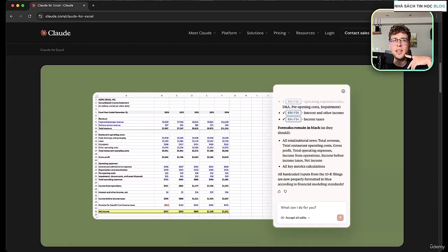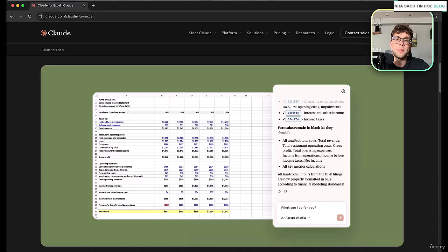So for financial modeling, it applies. I mean Claude in Excel, for data analysis also, but once again, we need to have an eye on it, okay? We need to check, we need to double check, and we need to make sure everything is correct. Otherwise, you may have some problems. And if you double check the data, you may save a lot of time because once again, we can do financial modeling, data analysis, we can create charts, dashboards, we can clean up the data.